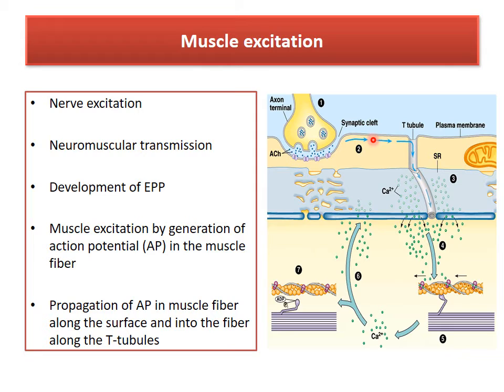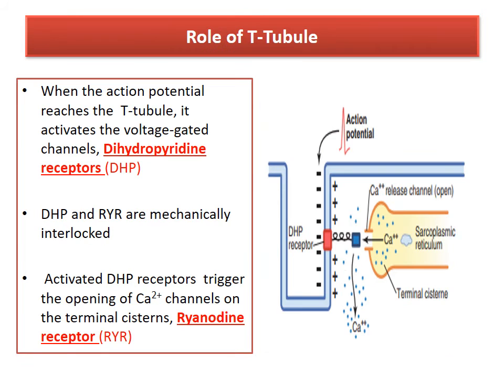So the action potential propagates from the sarcolemma into the muscle fiber and the muscle is excited. Now when the action potential reaches the T tubule, it activates the voltage gated channels. And you know which channels are present at the T tubule? Yes,